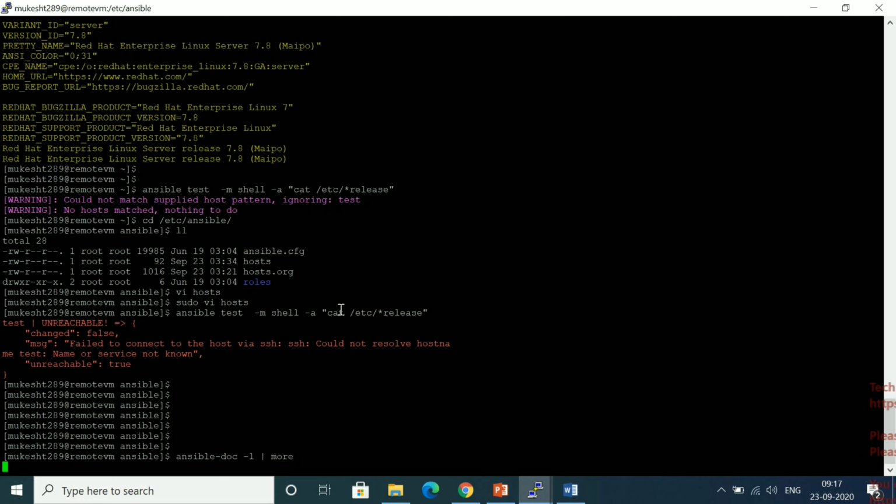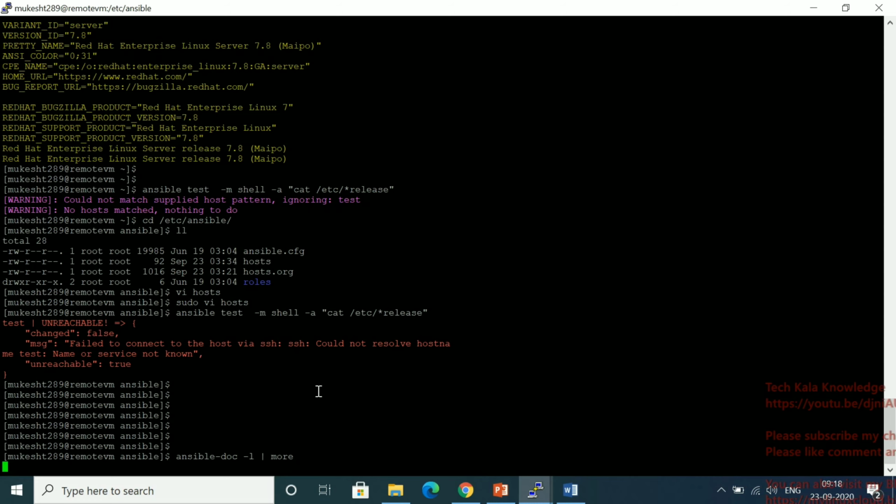This is the Ansible documentation. Once you install Ansible on your system, Ansible also gives you this documentation. If you want to read it or learn, if you get stuck somewhere, you can read that.